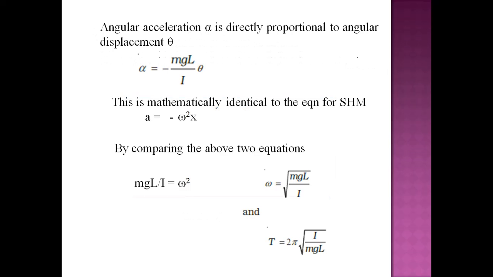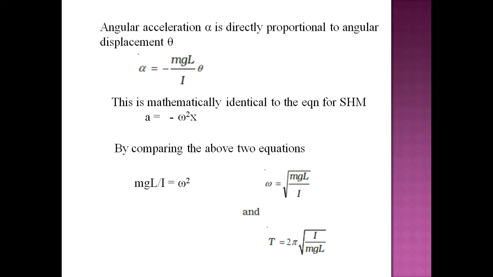Now our previous formula will change to alpha equal to minus mgL by I theta. Instead of sin theta, we are approximating it to just theta. Now this is mathematically identical. What is the equation for simple harmonic motion? Acceleration is equal to minus omega squared x. So the equation above is for rotational motion and this one is for linear motion. We can compare these two equations and write omega squared equal to mgL by I. Omega squared is the coefficient of x and mgL by I is the coefficient of theta. So when we compare the two equations, we can write omega equal to square root of mgL